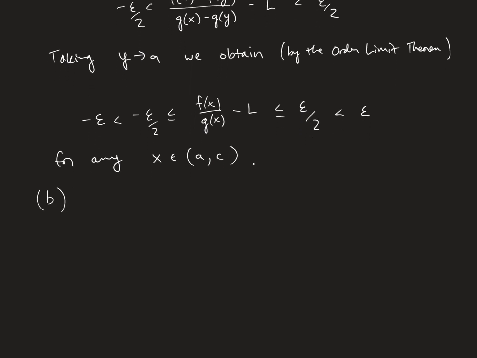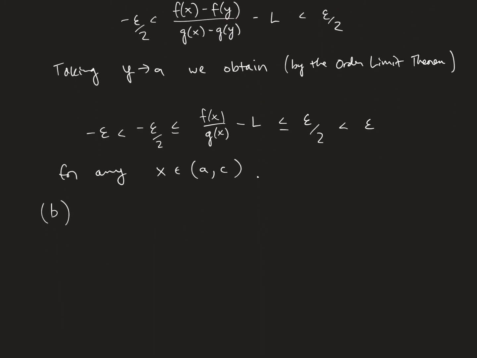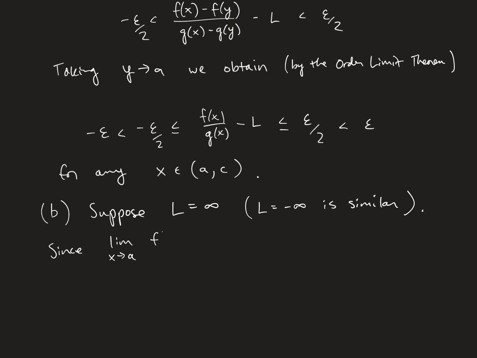B, let's take a look at the case where L is equal to infinity. So suppose L equals infinity, and the negative infinity case is similar. So since the limit as x approaches a of f prime over g prime equals infinity,